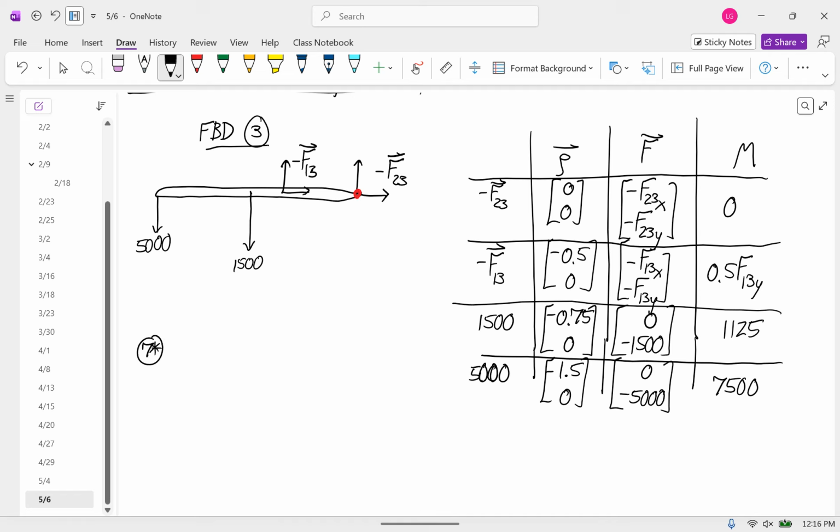7 star says negative F23x minus F13x is equal to 0. Equation 8 star says negative F23y minus F13y